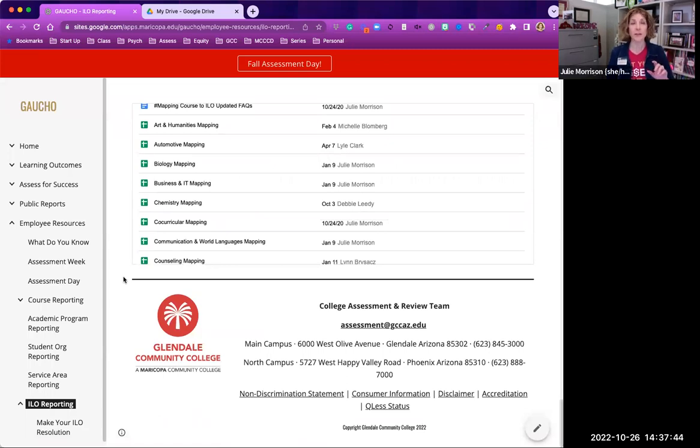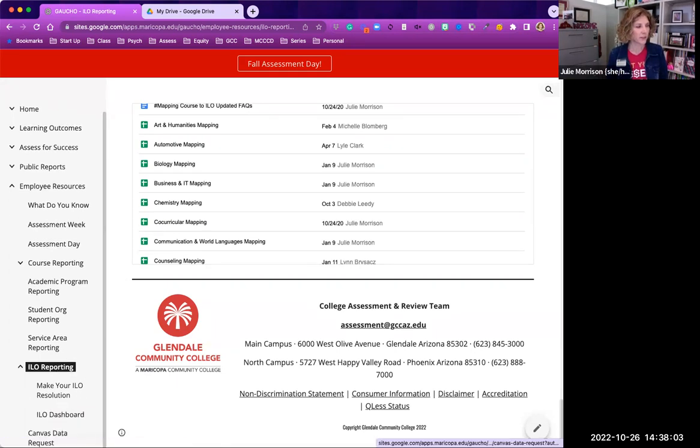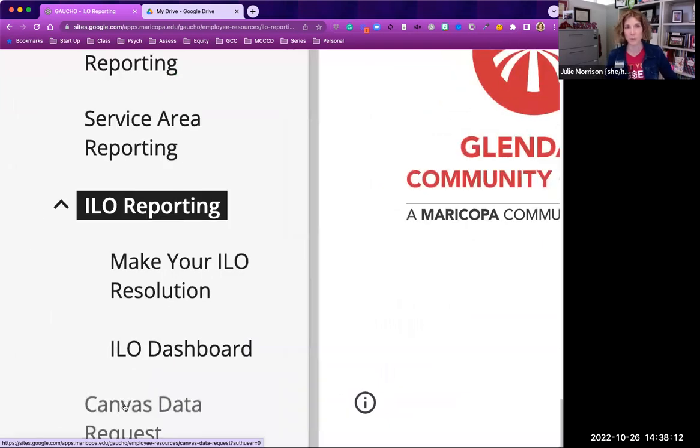But what Gina's asking about is, okay, let's say I sent this data and now I want my data back, or I want my department's data, some larger group, because I want to analyze it and use the ILO as something I can use in my department. So underneath here, the very last item, and I know that when you scroll in Gaucho the last items get a little bit tricky, but it's down here at the bottom, it says Canvas data request. If I click on that link,